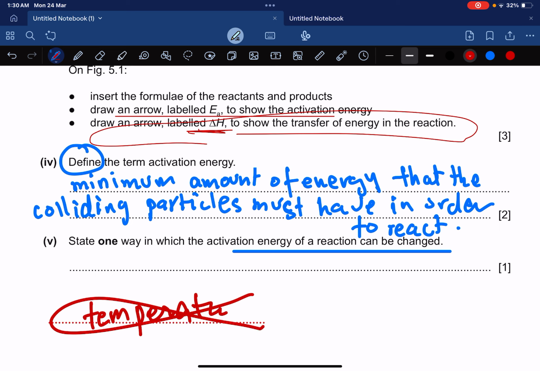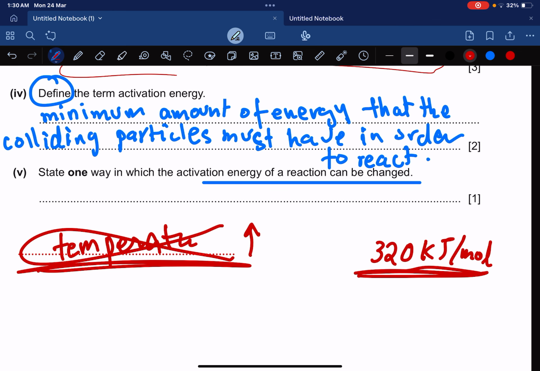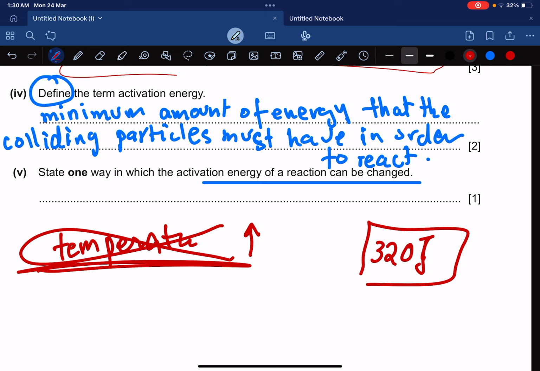Increasing temperature means that more particles have activation energy, but it will not change the amount. If the activation energy is, for instance, 320 kilojoules per mole, simply to make it easy, let's say 320 joules, that is easier for you to digest. If it is 320 joules for the activation energy, then if you increase the temperature, the activation energy will